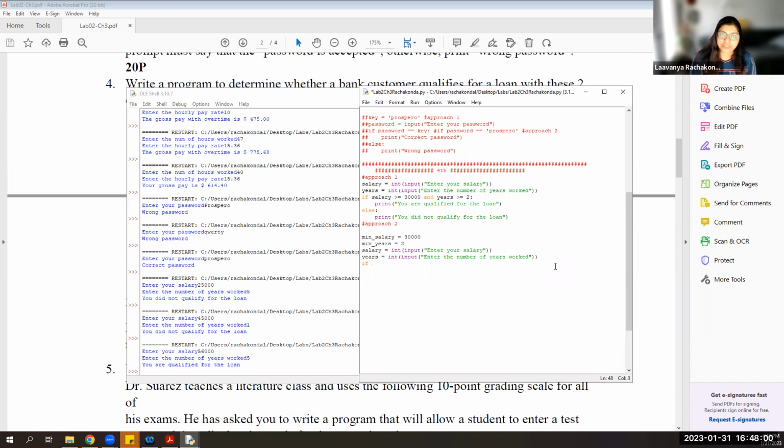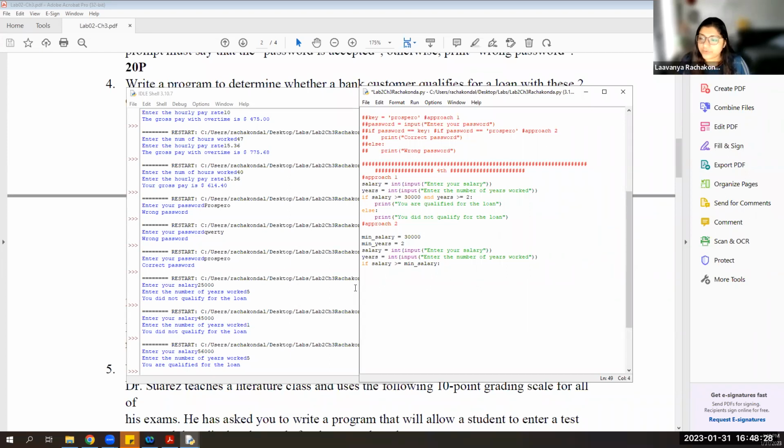And then if that condition is true, then let's check for the second condition. If the first condition is false, then you do not have to check for the second condition. You can just directly go to the else block. That was what we have discussed in chapter 3. So if salary is greater than or equal to minimum salary, then in that case,